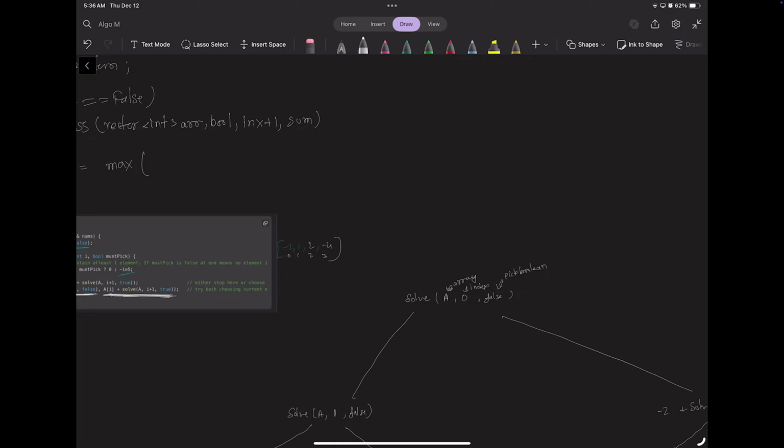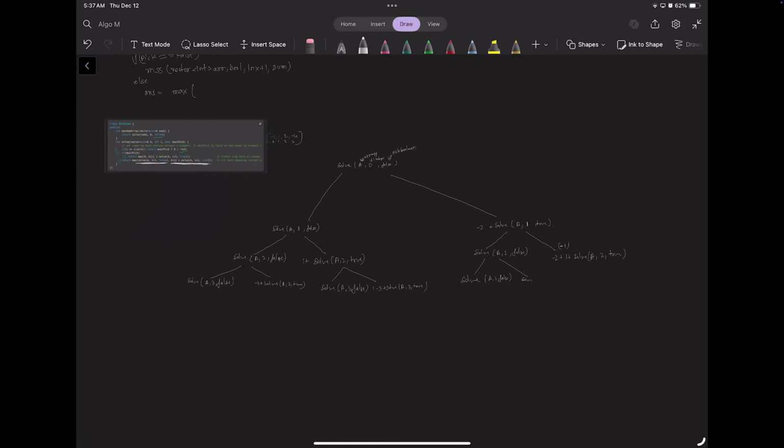So let's begin about this. Alright, so when we are at index 2, so here we were at index 0, no, let's see,